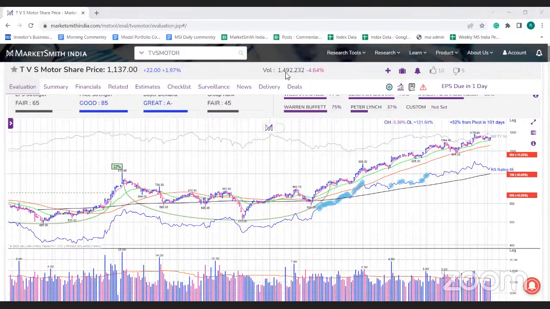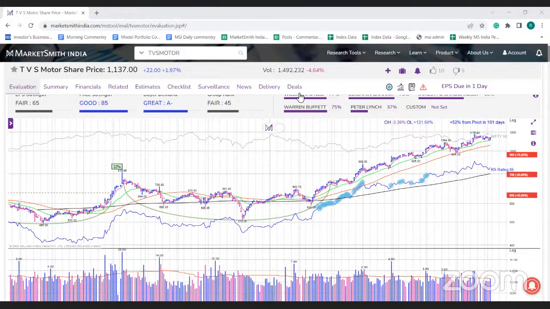So I mean, when autos as a pack started moving, and there was good expectation for hopefully the festive season coming up, and even the October numbers weren't that bad in terms of volume numbers for TVS as well. And a couple of things: EPS is due, I mean the result is due tomorrow. And the most important part is that even with all the ratings being really good in terms of your price strength, your buyer demand, EPS is fair, and the last few quarter results have been really good for the company. I mean the stock is 52% extended from the pivot, and at the moment there is no